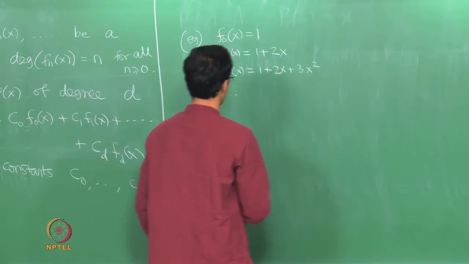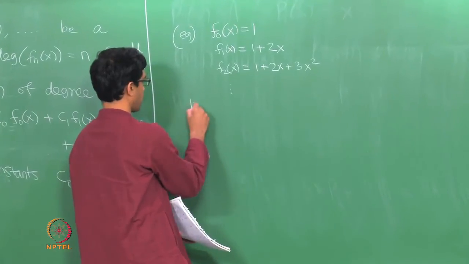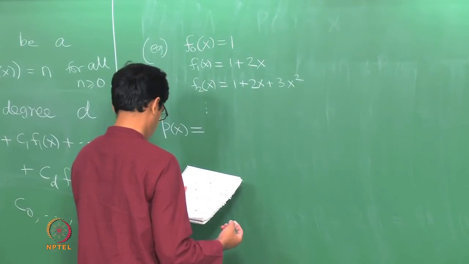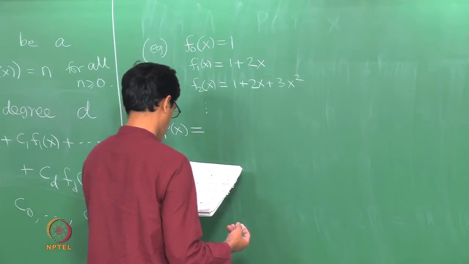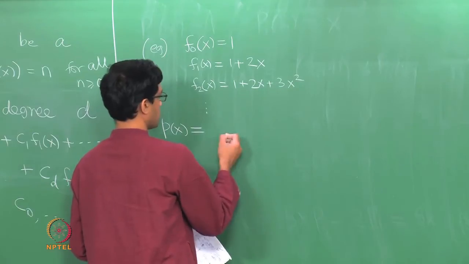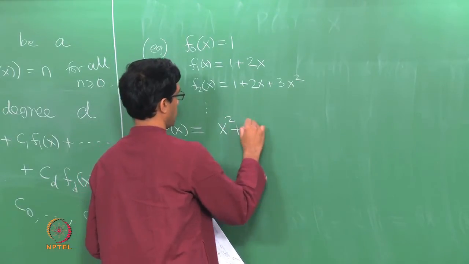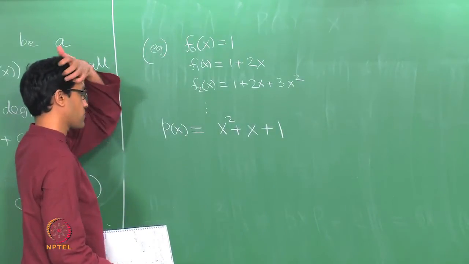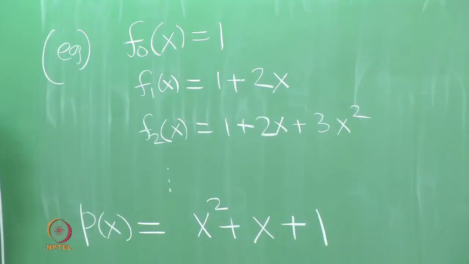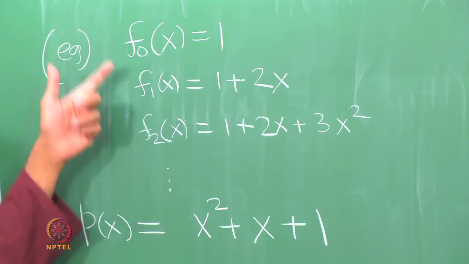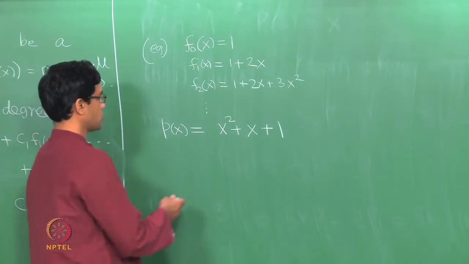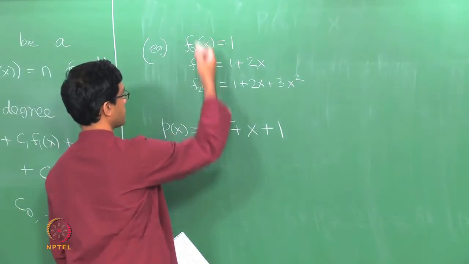Now what I want to do is, let us do this by example. Let me take a polynomial p of x to be x cubed plus x squared plus x plus 1. Okay. So maybe I will just do x squared plus x plus 1. So let us even just keep it simpler. Suppose I take the polynomial x squared plus x plus 1 which has degree 2, and so this principle should say that I should be able to write p purely in terms of f0, f1 and f2 as a linear combination of these three functions. Okay. So how do you do this? How do you write p in terms of these three guys?